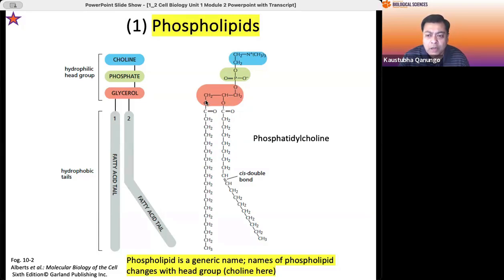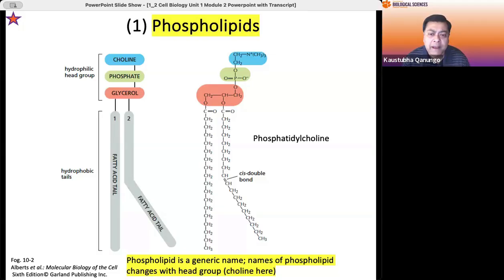And the other two hydroxyl OH groups are bonded to the carbon fatty acid tails. So this glycerol molecule is in there as well, and then you have two fatty acid tails. That is the basic structure, but there are literally hundreds of different phospholipids, and how these